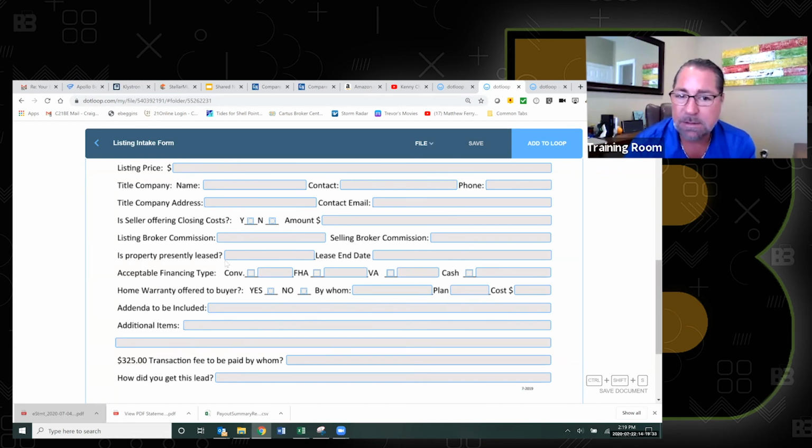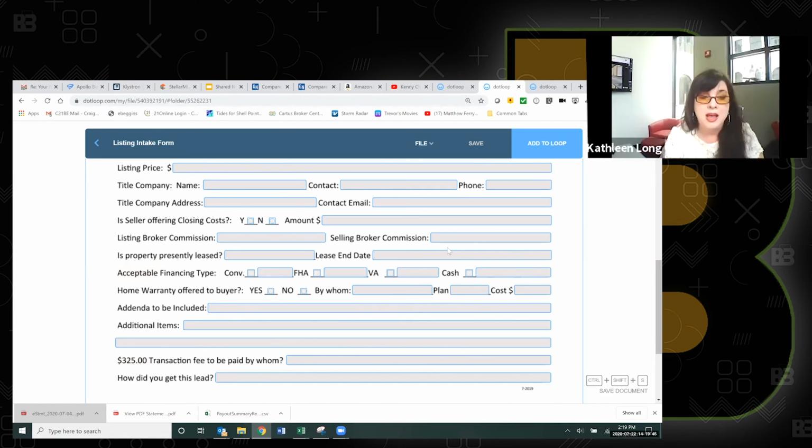Is the property currently leased? When is the lease up? That's important because I think everybody asks this question at some point or another. If the house is leased and I buy it, does the lease go with the property or does the lease end? Those are all details that have to be worked out up front at the listing agreement. If it's month to month, we let them know it's month to month. If it's a 6-month lease and the seller's not willing to help with some costs to help the tenant relocate sooner, then we're going to have a problem if we don't work that out